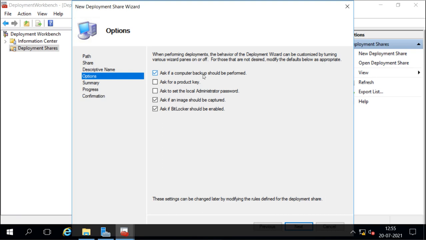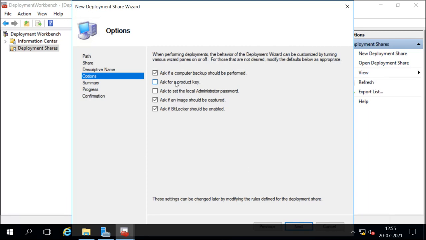It can also ask for a product key. If you select this, then always when we deploy any operating system image, it will ask for the product key. So if you want, you can have this option. Then ask to set the local administrator password. Always it will ask you to set the local administrator password when you deploy any operating system there.